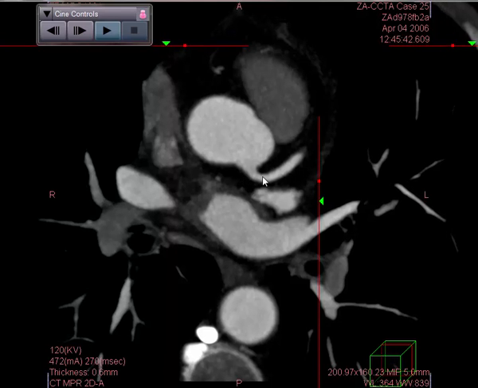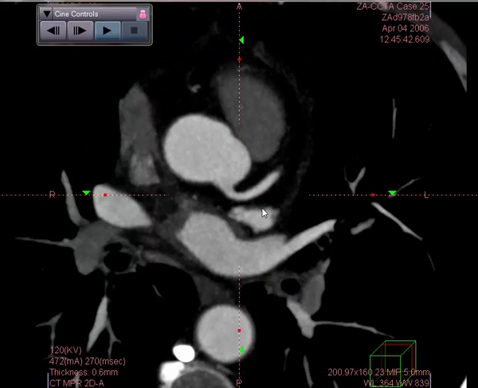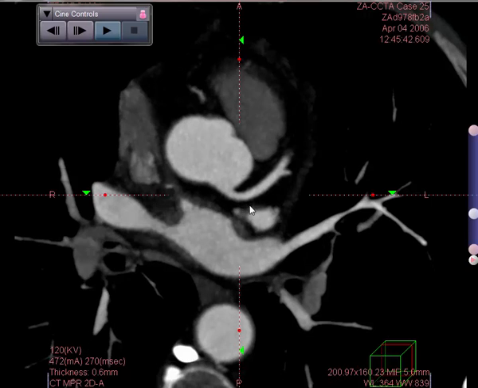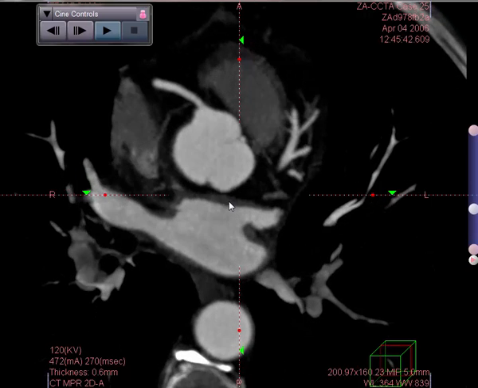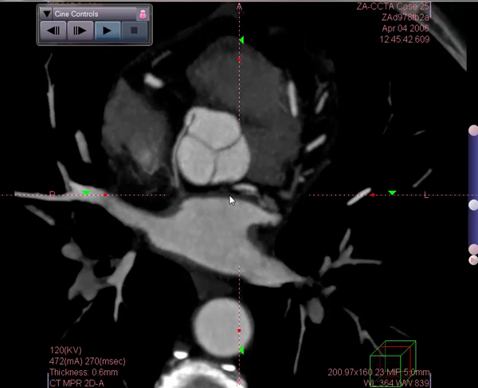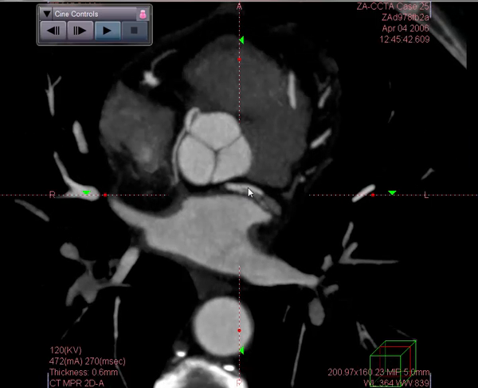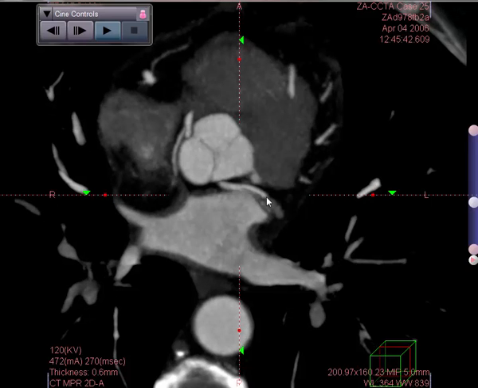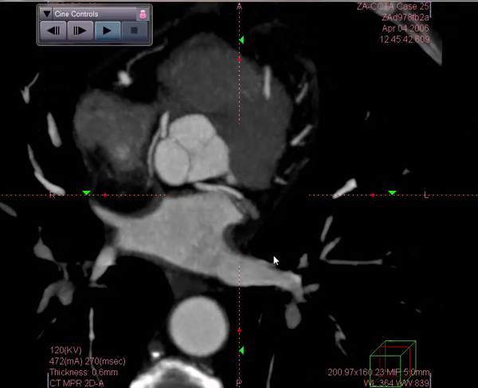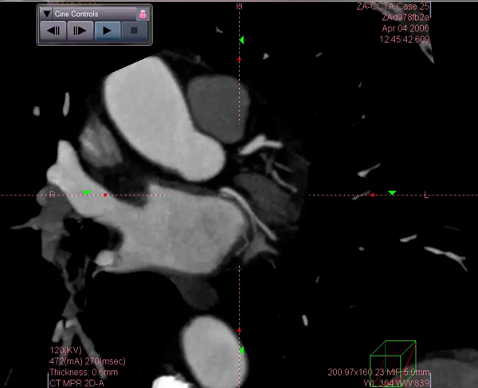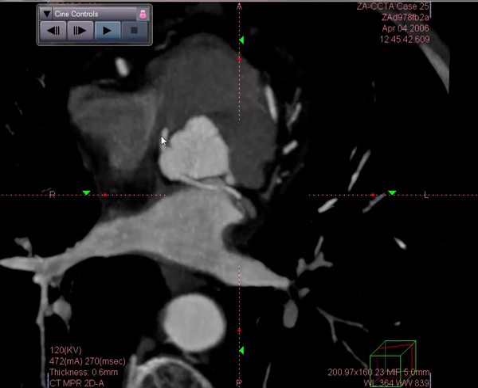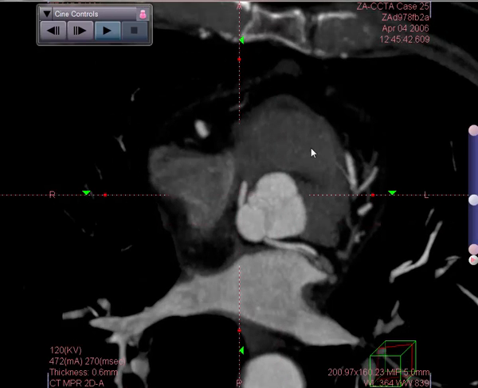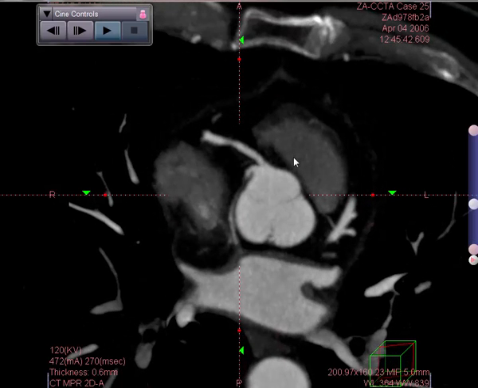We should be seeing the left circumflex coming off roughly at a portion near the left main. As we proceed down, very difficult. As a matter of fact, I don't see any circumflex. And then as we proceed downward, we begin to see a vessel popping up that clearly follows the left circumflex distribution. But in fact, its origin, if you look a bit more carefully, actually comes directly from the right coronary